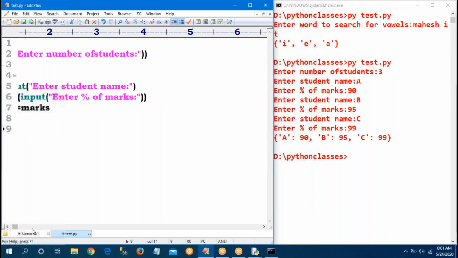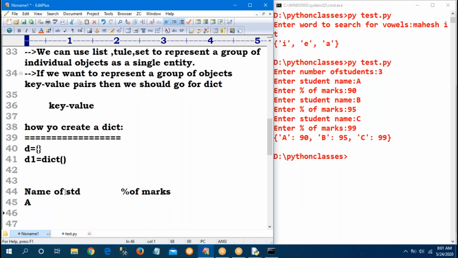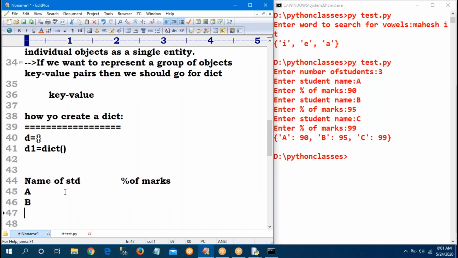How to print? This type of format I can require. First take one heading, name of the student. Next percentage of marks. The name of the student A, B, C. Percentage of the marks 90, 95, 99.